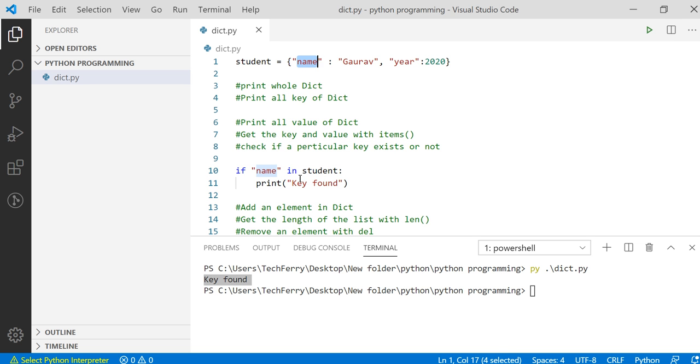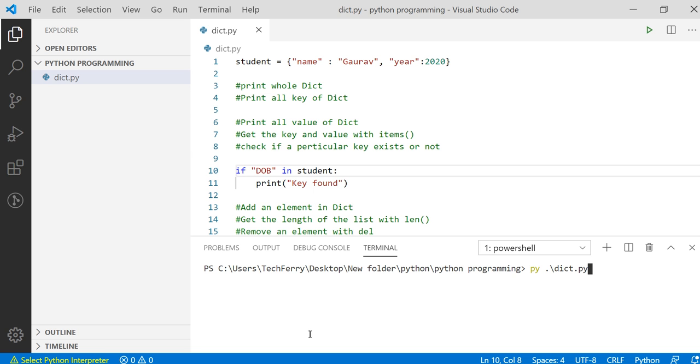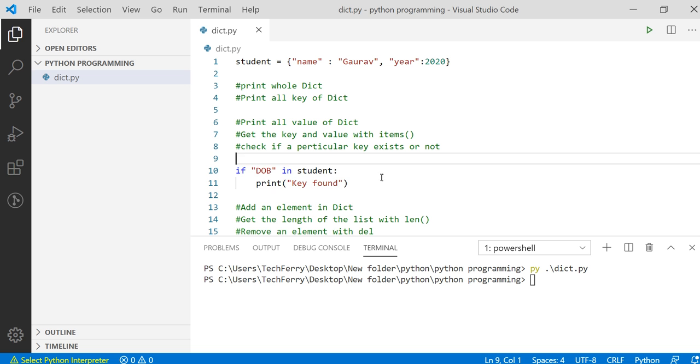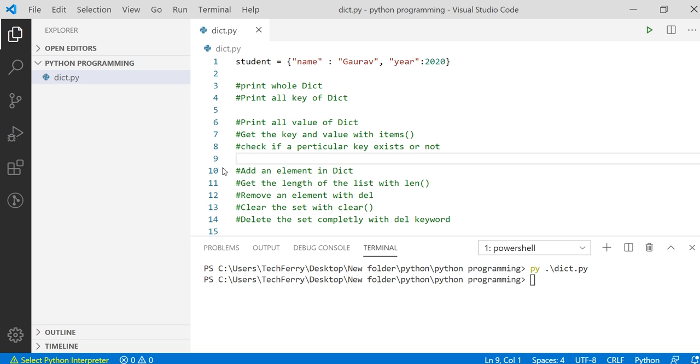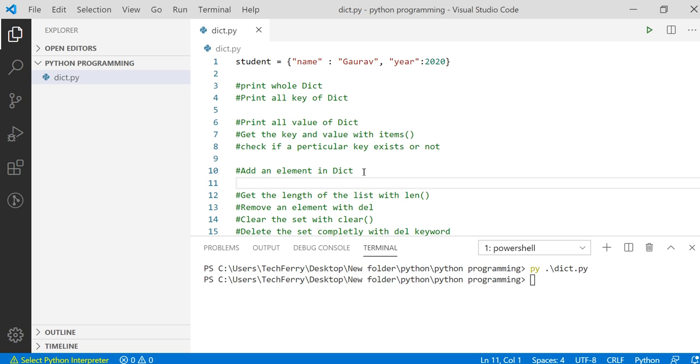in our student. In case I try to say DOB, which is date of birth, we know that DOB is not present in our dictionary. So in this case we did not get anything, because this condition was false. So this is the way we can verify whether any particular key is present in our dictionary or not. Now we are moving to the next point,